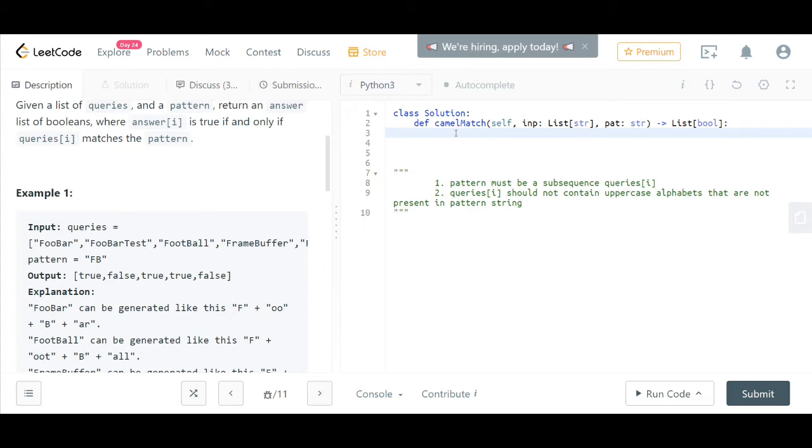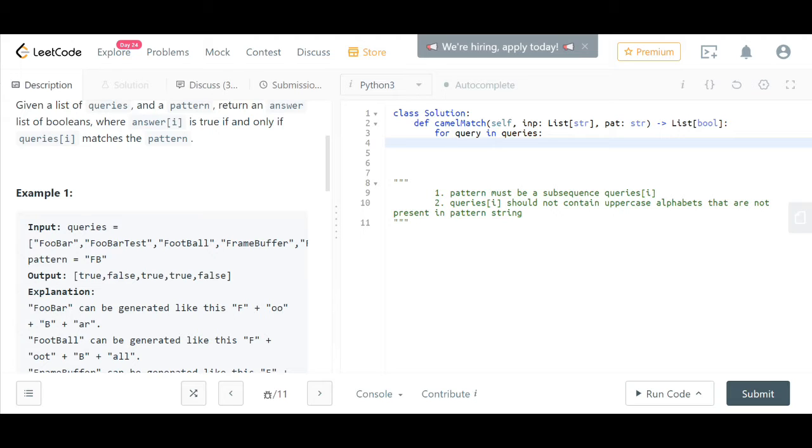So I am looping through the queries, where query represents each string, and it will keep iterating till the end.